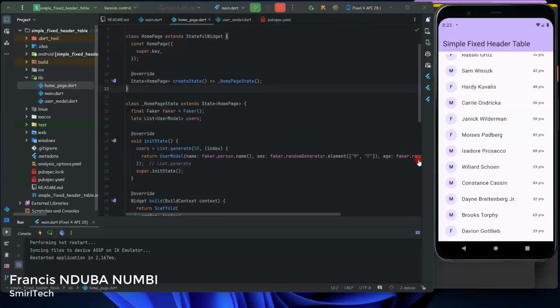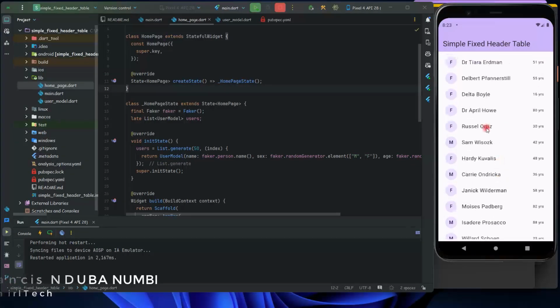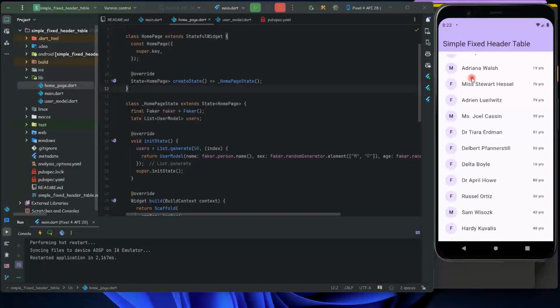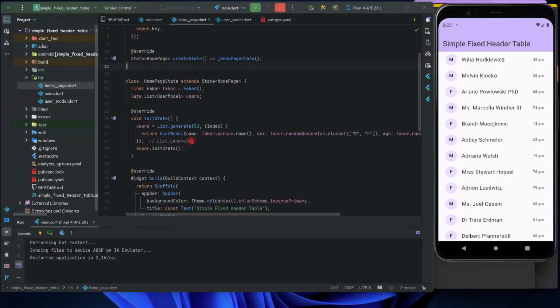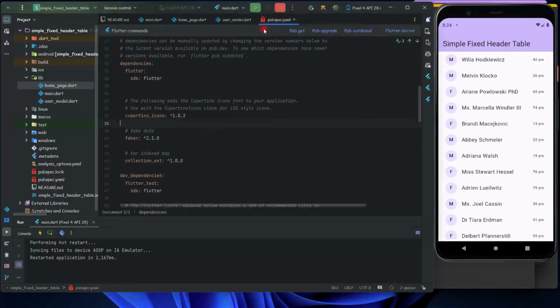Now here we have this small application. It shows just the list of users where we have the age, the sex, the name, and the age. This is a list, as you can see here. Let me show you first what is there. So first of all, if we go to the pubspec YAML file,